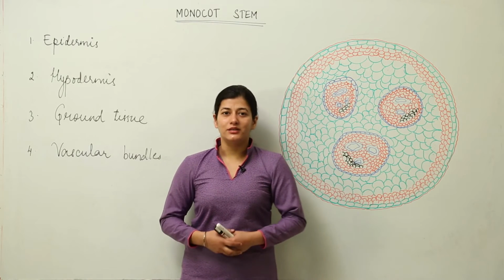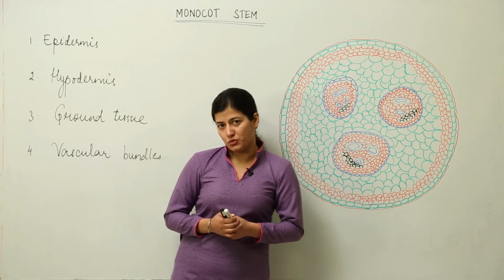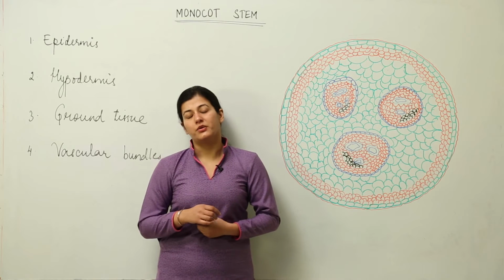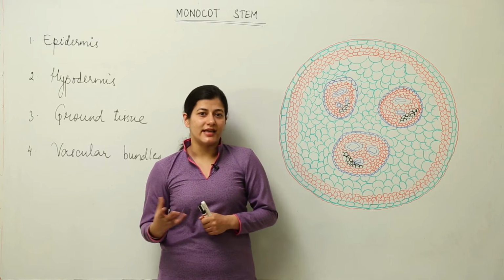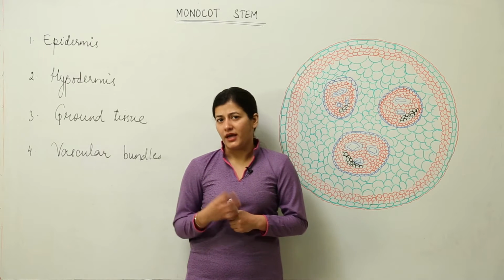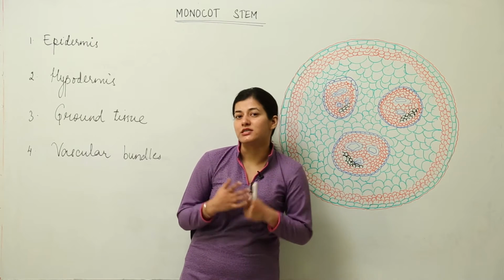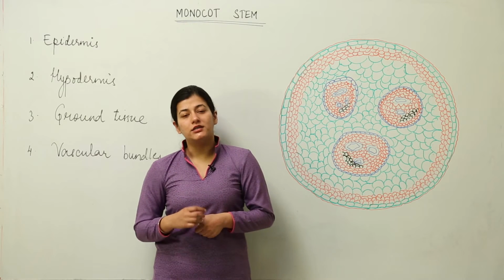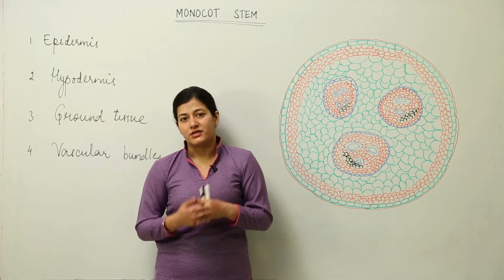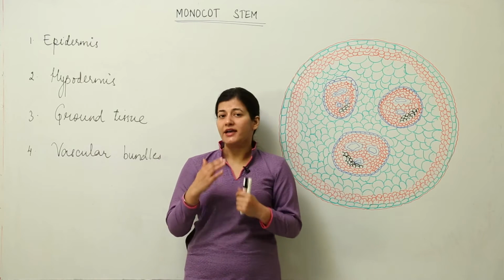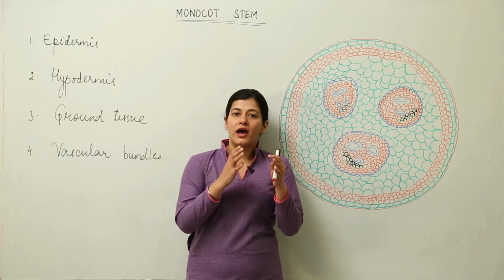Now that we are done with the dicot stem and the roots of both monocots and dicots, we are going to move further to the monocot stem, and you may take the example of maize or any grass stem can be taken for consideration. Now we are going to see the transverse section of the stem and what we come across that you have to keep in your mind, and as your syllabus demands from you to have a good